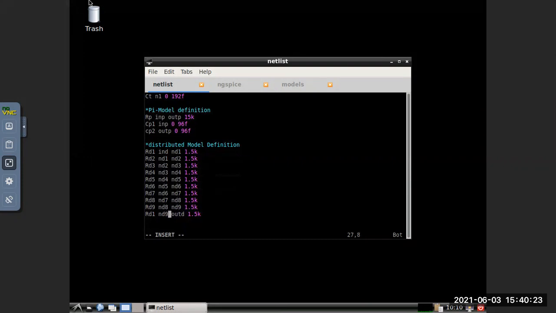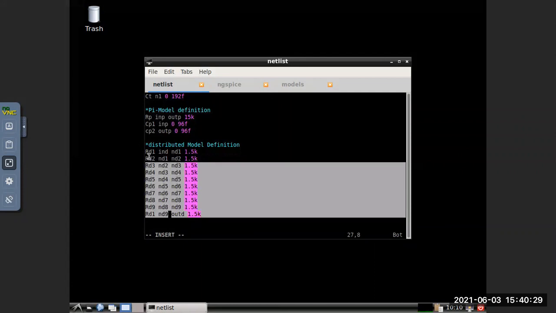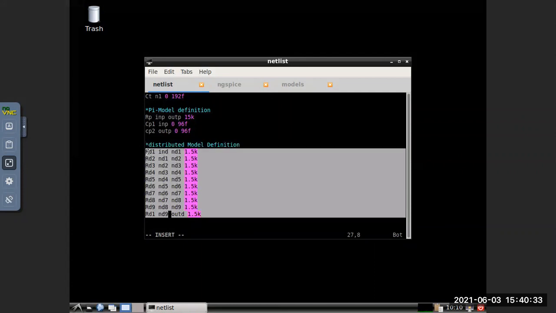Yeah, so it is completed for resistance and capacitance also. For capacitance, you will do the same thing.